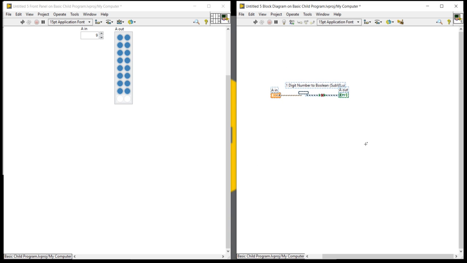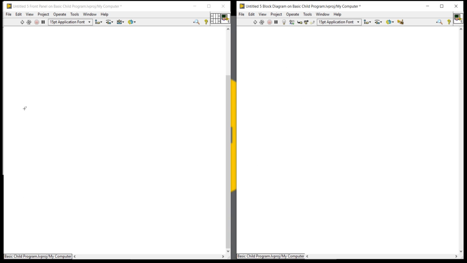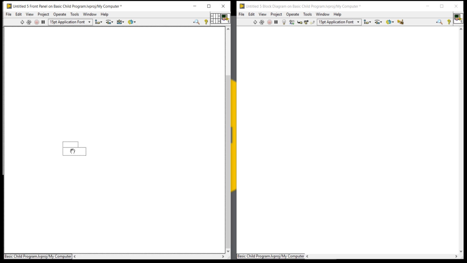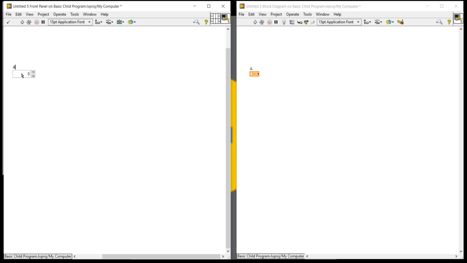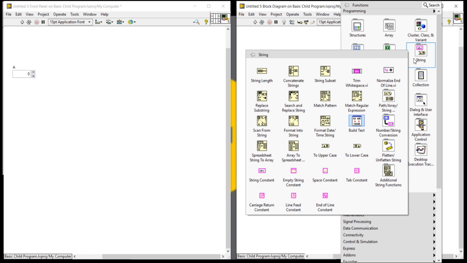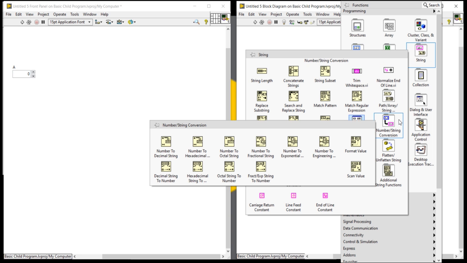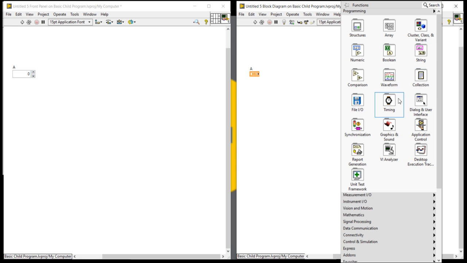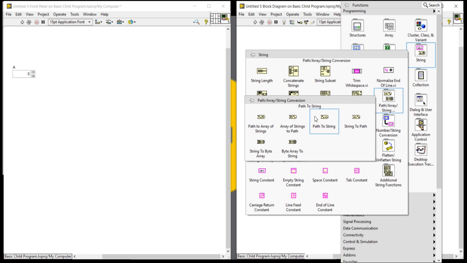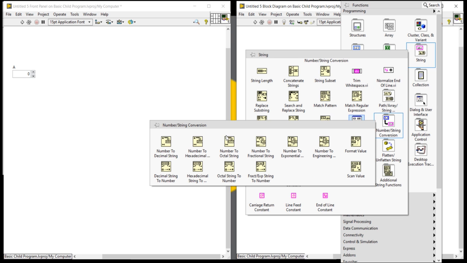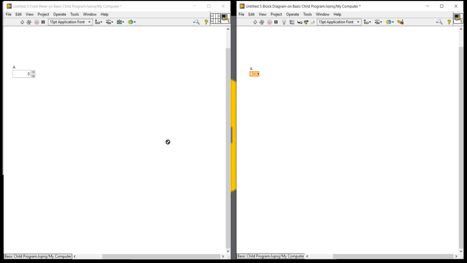Here I am going to take a numeric control, giving the name A. First I am going to convert that number to a string using these functions from the string function palette: number to decimal string.